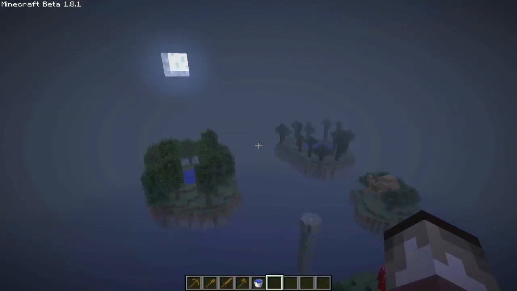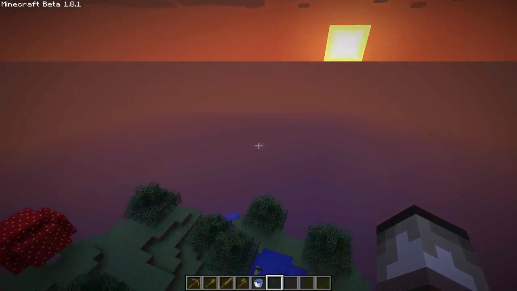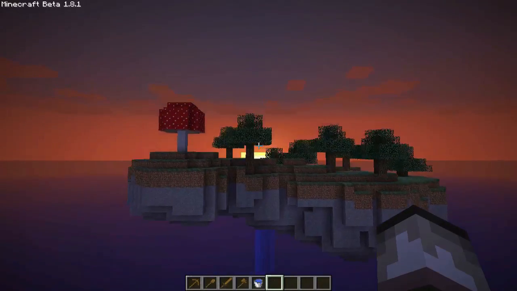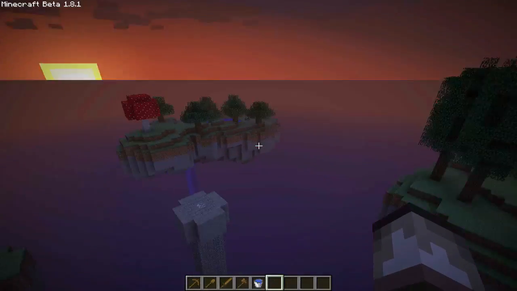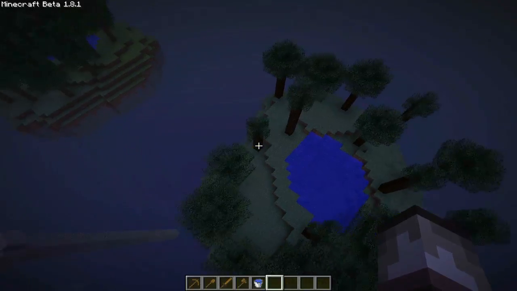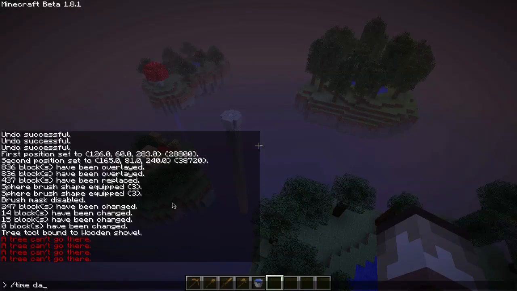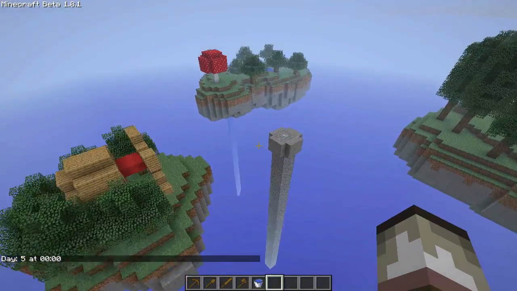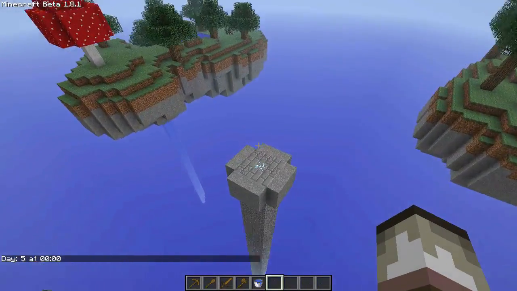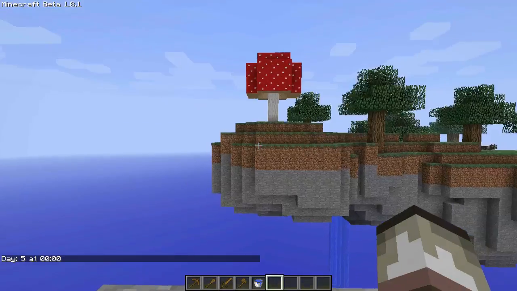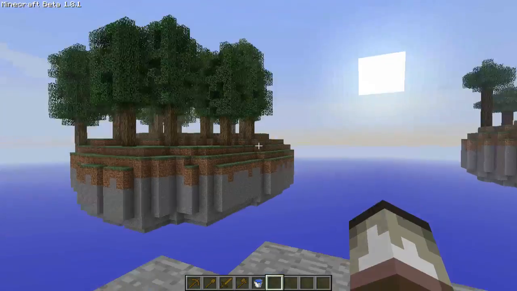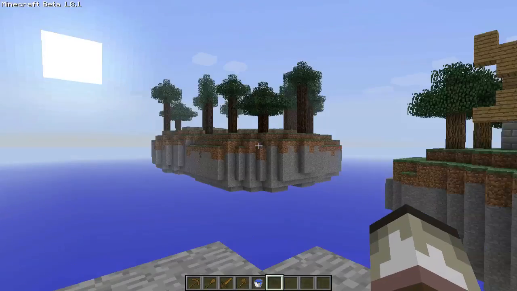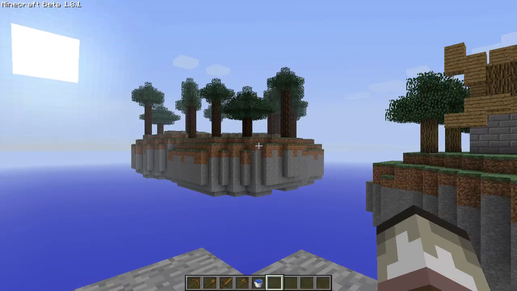Oh, such a beautiful sunset. I love the new lighting system for Minecraft. It's very, very pretty. And so yeah, that's how you build floating islands in Minecraft. They're very fun to build. I don't know what makes them so fun to make, but they're very fun to make, and I bet you could build some really cool maps, maybe even adventure maps on this kind of thing. And I hope this helped you in your quest to make floating islands and floating cities and whatever else you need to do.